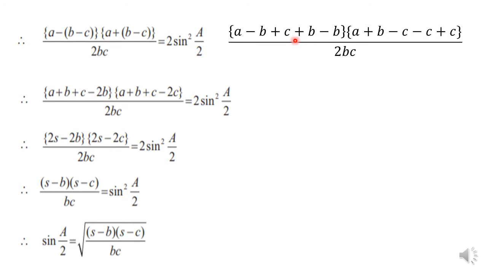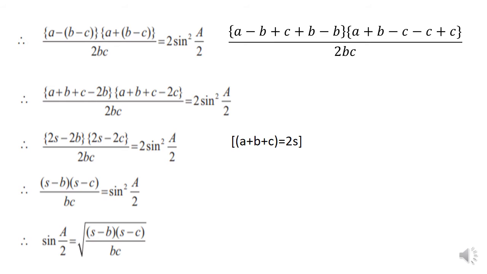That means it is as good as adding and subtracting b in the first bracket. So plus b and minus b is added over here in the first bracket. And in the second bracket, observe a plus b minus c. Again, because the minus c is there, we put minus c plus c. Okay, so the term is balanced properly. Thus, we are now regrouping or rearranging the terms in a proper manner. So we get a plus b plus c minus 2b and a plus b plus c minus 2c in both these brackets. Compare and see for yourself.